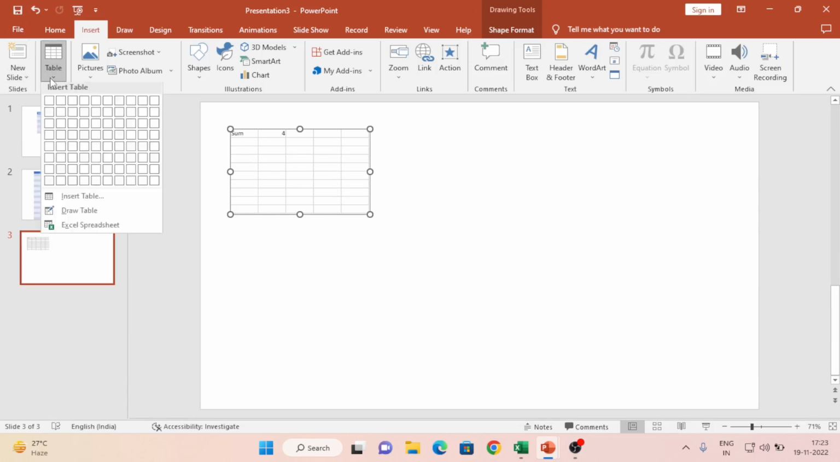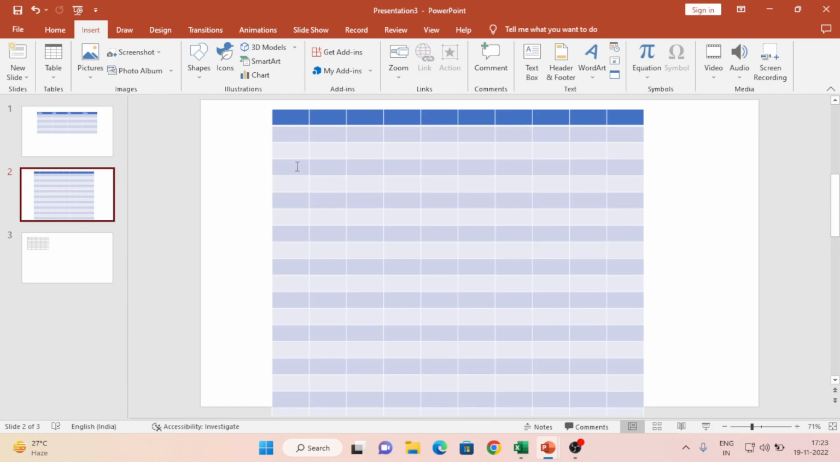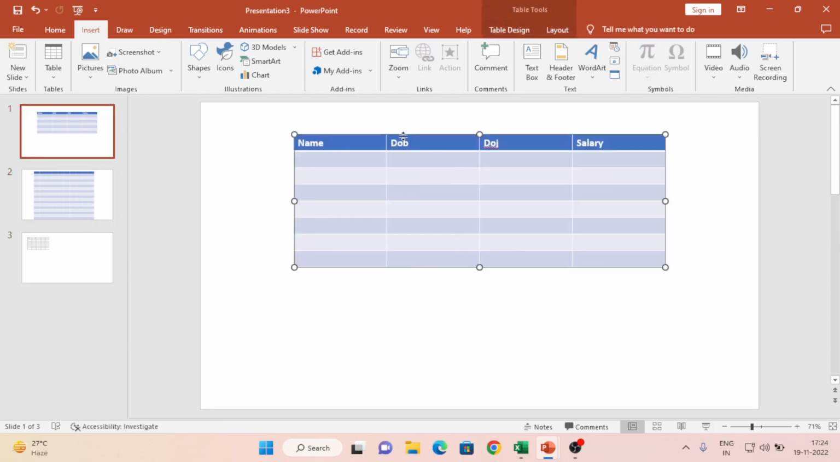Now next it comes to the formatting. As of now it looks like a very simple table, right? If you want to modify it, or change some colors, we can do the color changing and all. Now if I'm clicking outside and then selecting the table, if you see,